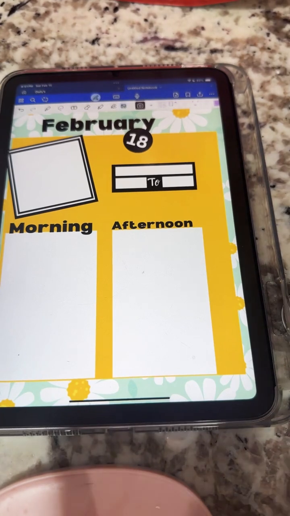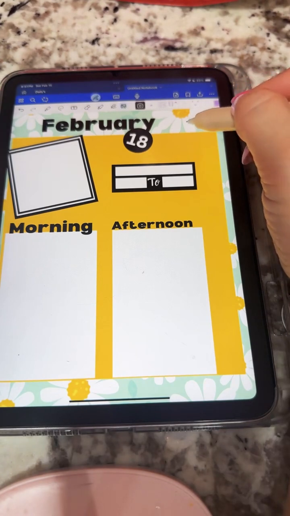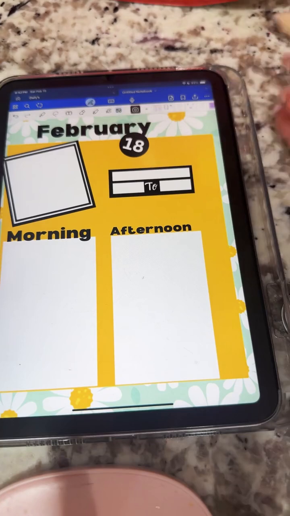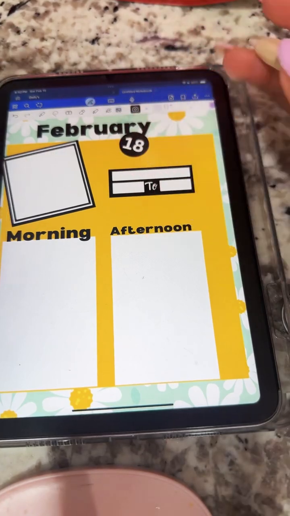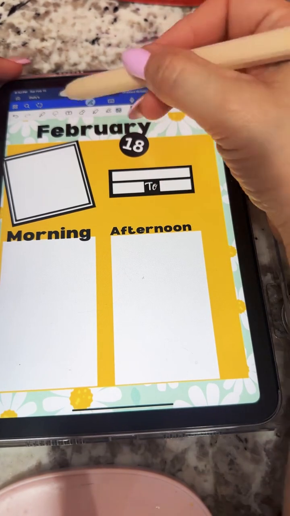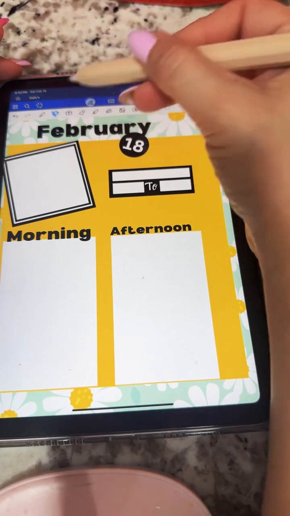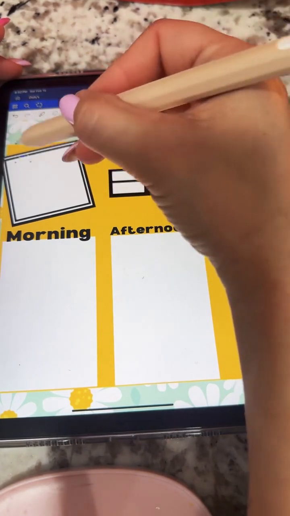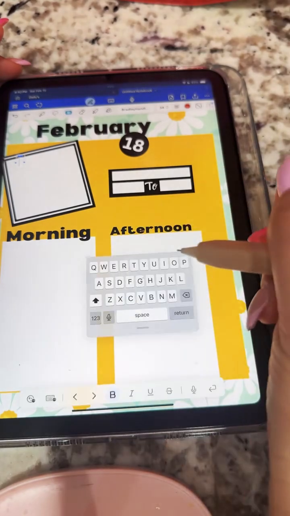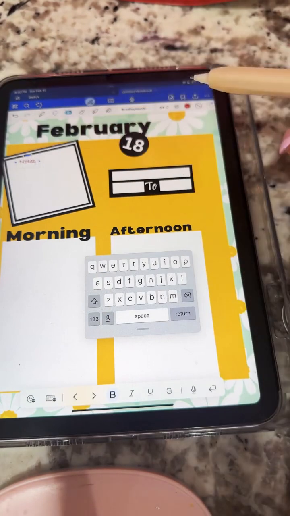So the other thing I wanted to show you guys, this pretty green back here, I want to use that as the color that I'm going to be writing everything in, because again, I want to bring everything back in, and I like having things that kind of match each other. So what I'm going to do is go into my text box tool and write the word notes here. I'm going to grab my keyboard and write notes, and now notes is up here,